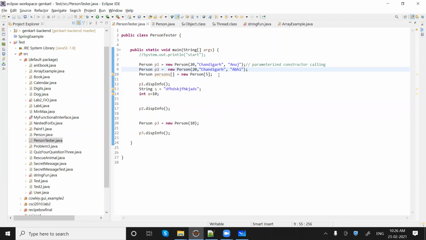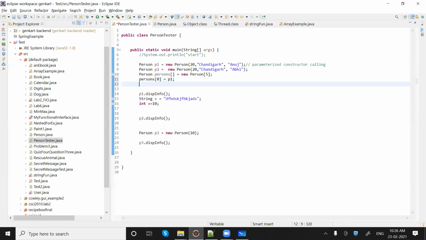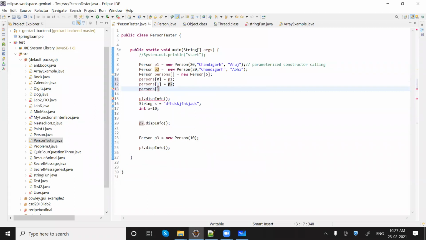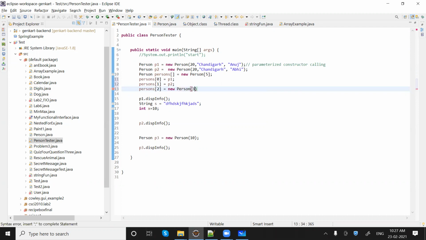Okay, and in this person array, how can we add elements? Like we can say persons 0 would be p1 and persons 1 would be p2, or even we can write it like this: persons 2 would be new person, and let me take 30, Gurgaon, and a name I'm taking, let's say Jack.